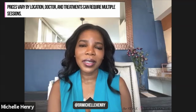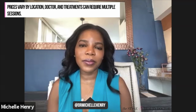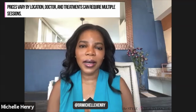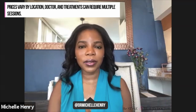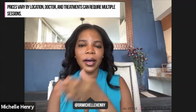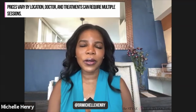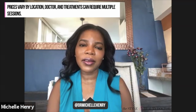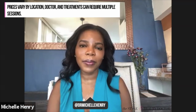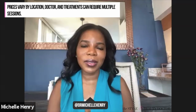So yeah, for a chemical peel, again, depending on the strength, it could range anywhere from $200 to $600. You can always start out with a more superficial peel, which is typically a little bit less expensive, and work your way up to having a stronger peel. But that's about the range. For a retinoid prescription, it can range anything from being completely covered to having to pay $20 or $40 to having to pay $100, and that range depends on your